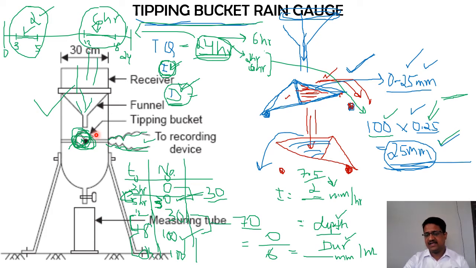So what does telemetric indicate? There is no need for a person to go here to collect this data. Directly this data can be sent to a server or through satellite, and from that satellite the data can be accessed by anyone from the office. So that is what it indicates. Okay, so this is all with respect to the tipping bucket type of rain gauge station. I hope it is clear. Now in the next slide, let us check out a few of the theoretical bits for this tipping bucket.